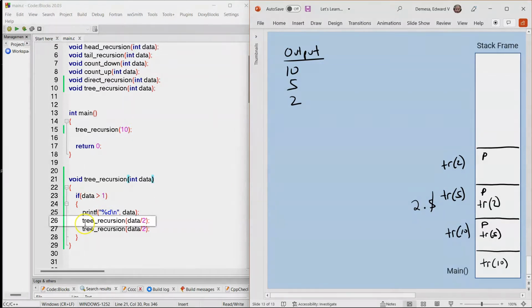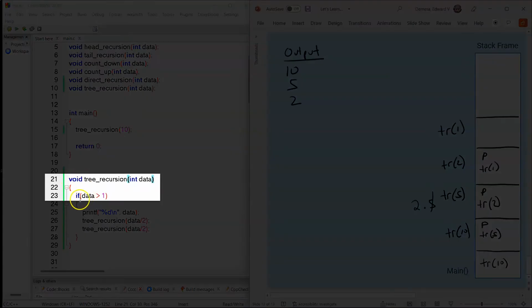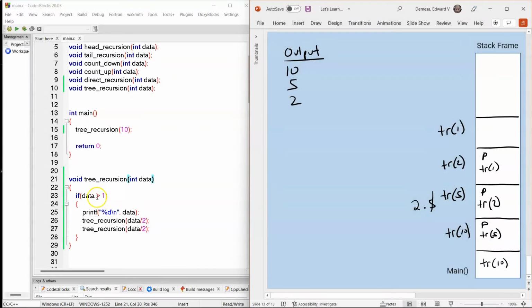The compiler then advances to line 26. A recursive function is called. So 2 divided by 2 is 1, so TR1 is called. We then go back to the function on line 21, and the compiler advances to line 23. Is 1 greater than 1? That condition is false, and so the if statement will not be entered, and TR1 is popped